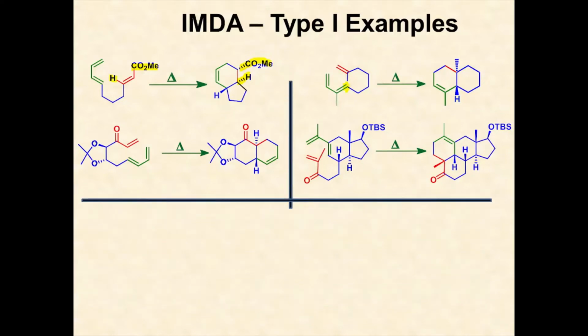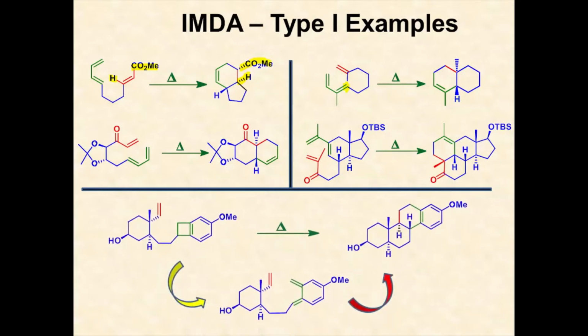We will see another one here. You see, this is another classical example for this IMDA reaction. You will find this very often in different books, where you can see that first, upon heating, this 4-member cyclobutane ring, which is fused with the aryl ring, that the electrocyclic ring opening takes place in that case upon heating,